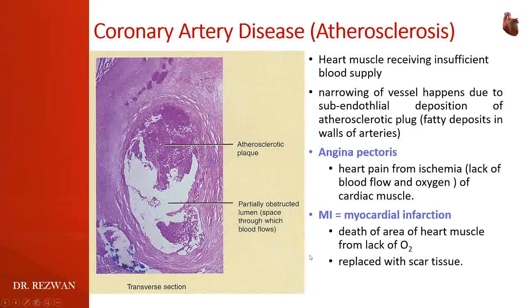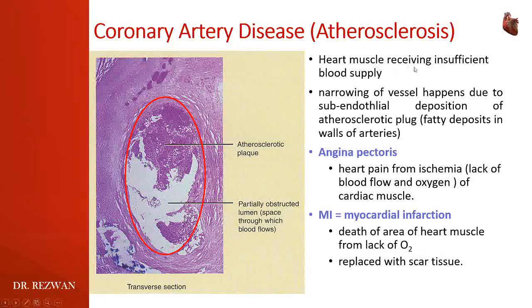Now, one of the most common things present in the vascular system of the heart, especially in the coronary artery, is coronary arterial disease or atherosclerosis, very commonly present in the older or middle age group of people. Now what is actually happening over here? We can see this is the lumen of the coronary artery, and the lumen is not very patent. We can see there is abnormal accumulation of atherosclerotic plaque over here.